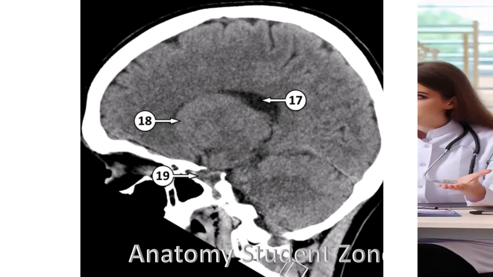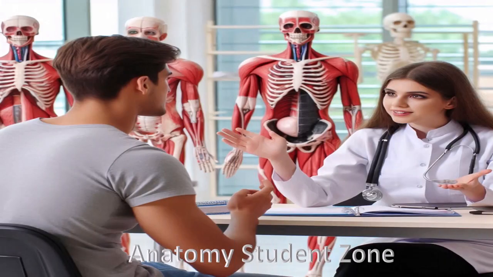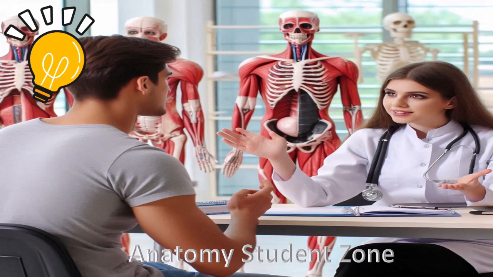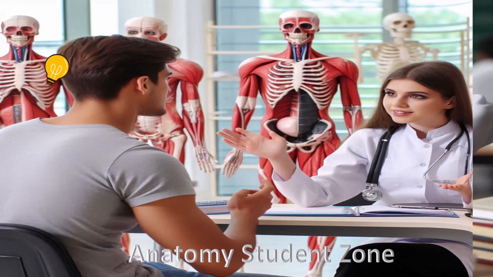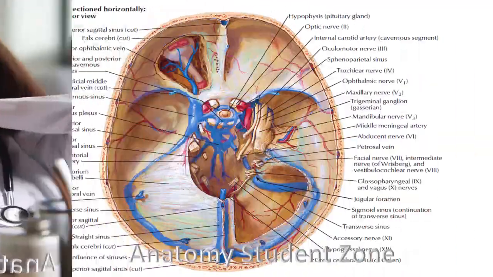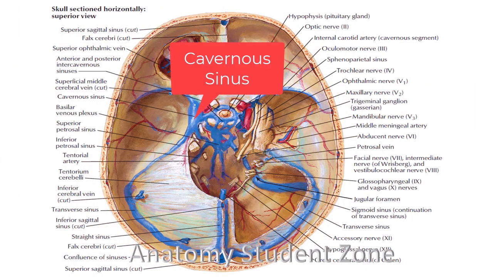But if you are sitting in front of me in a viva of anatomy and I ask you what is cavernous sinus, can you answer that? If you can't answer, don't worry, take a deep breath and listen. The cavernous sinus is one of dural venous sinuses of head. It is a network of veins that sit at the base of skull on both sides of sphenoid bone and pituitary gland. It is approximately 1 into 2 centimeter in size in adults.